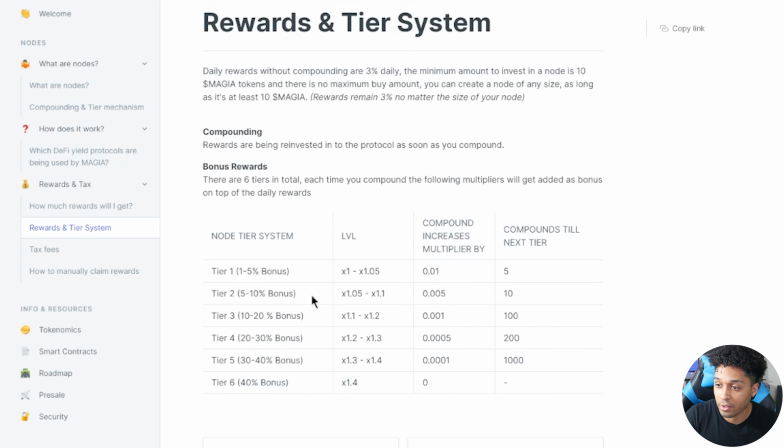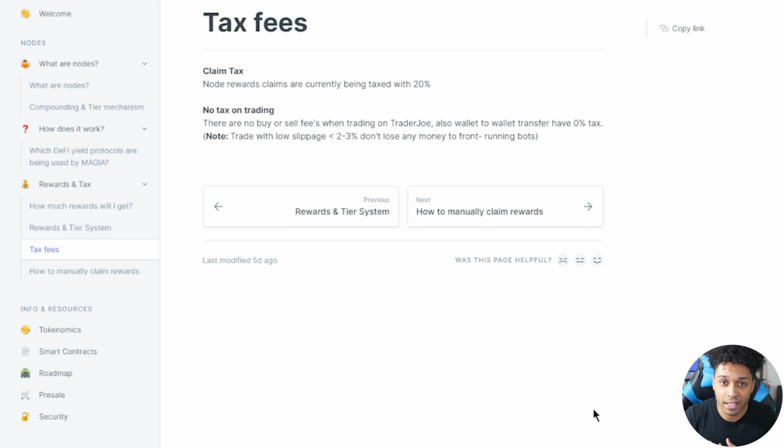So after 5 compounds, we go to tier 2, you get 5 to 10% bonus. After 10 compounds, 10 to 20%. After 100 compounds, 20 to 30, so on and so forth. They could get really, really high, and then of course, once you claim, then that goes back to 0. Now the one sort of downside, I guess you can say, it could be an upside as well because it could mitigate sell pressure, but it is something I do want to talk about, is that their claim tax is relatively high, around 20%. So just know that when you do claim, you are going to get hit with that